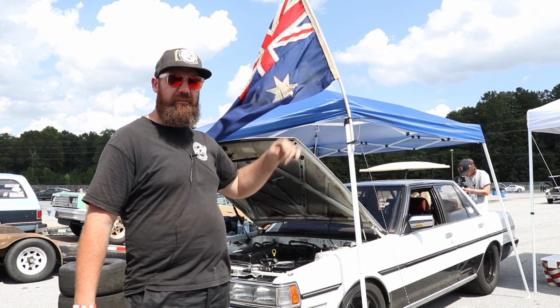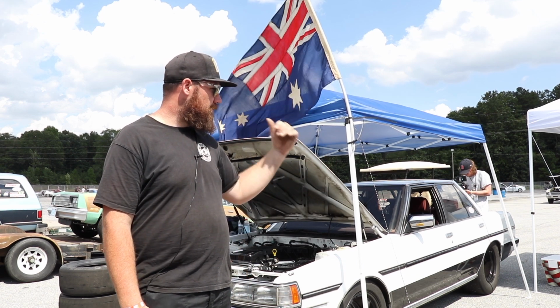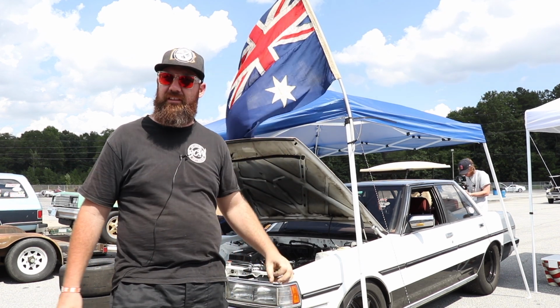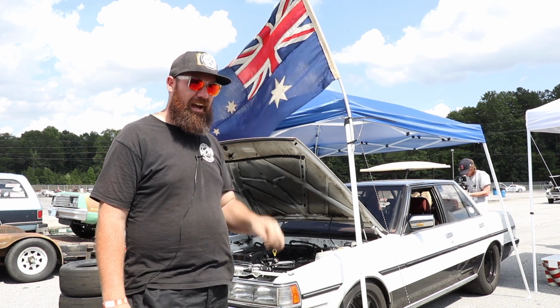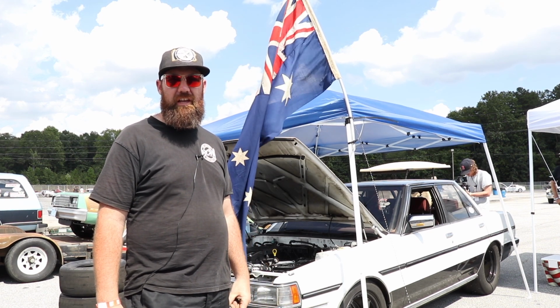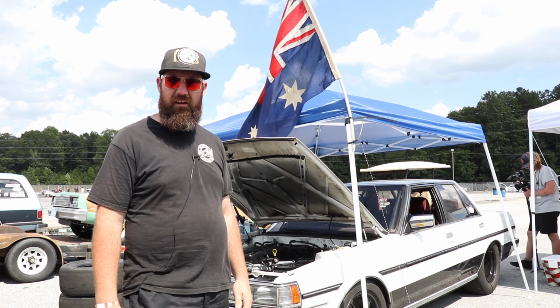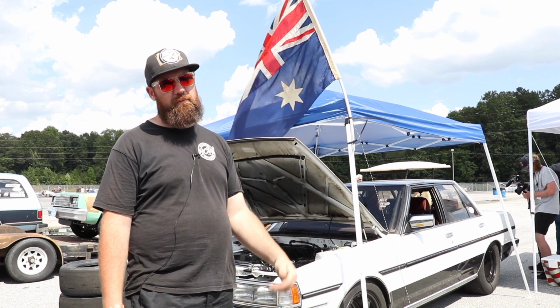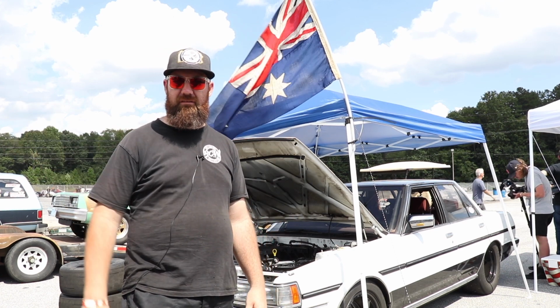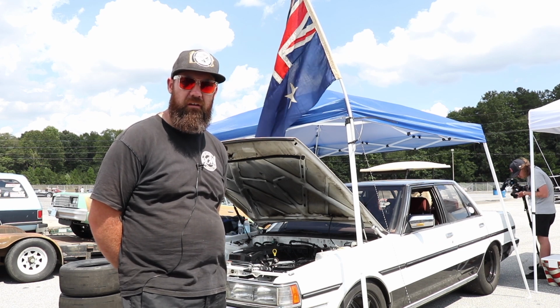So we're going to quickly duck over to the staging lanes and park up there, where we can, we'll probably just push the car the whole length of the staging lane this time, try and keep the engine temp and under bonnet temps right down, and then start at the last second and give it a hit then. So it's definitely down on power because of heat, so we're going to try and keep it as cool as possible and then just shoot it down the track. We've just sent the boys to go and grab us some E85 as well,